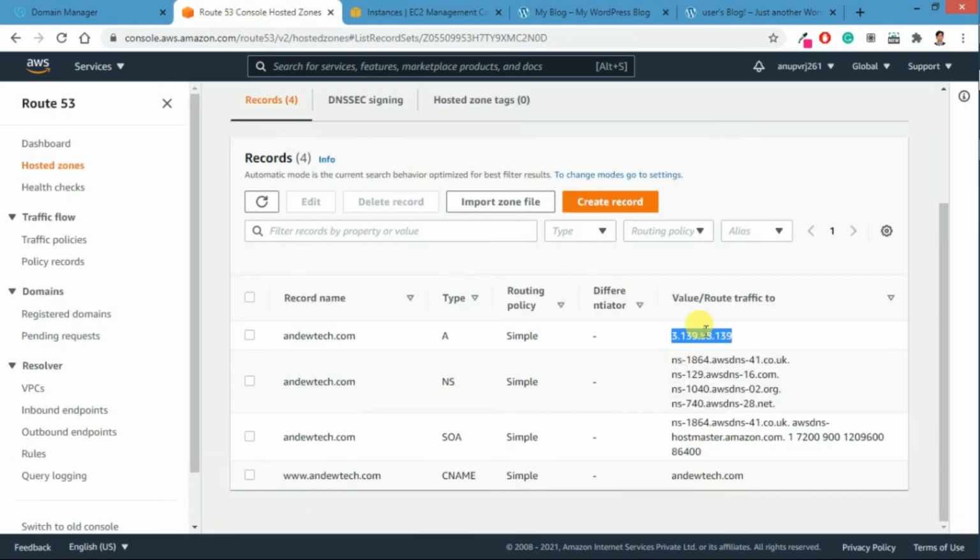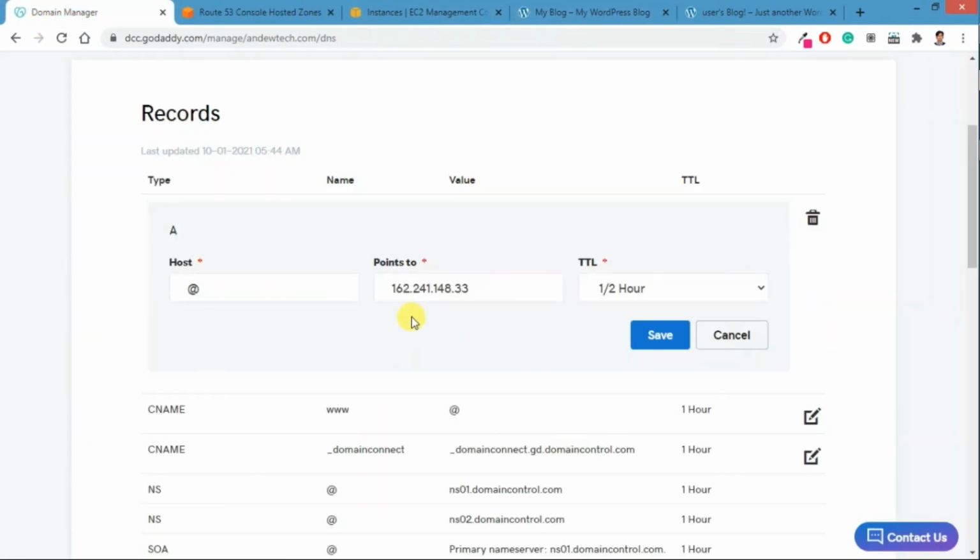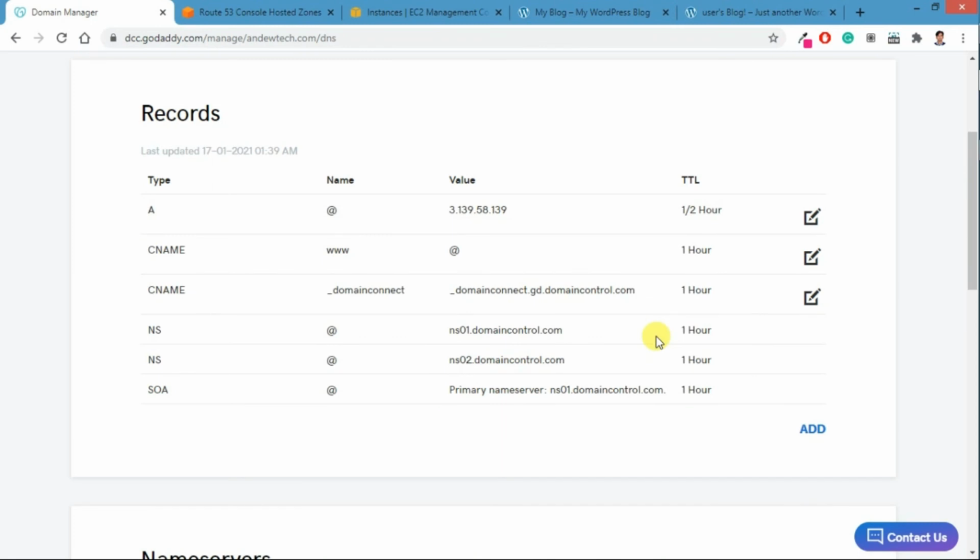You can make sure this is the one. You can copy from here also, or you can copy from the instance, whatever instance is configured with your hosted zone, and then go to the domain account and just update. If you are updating through the IP address, just update the A record. I'm not explaining the MX record and other things here, we can learn that later. So this is how it is done. We'll come back after 2 hours and see how things work, whether whatever we have done is really working or not.